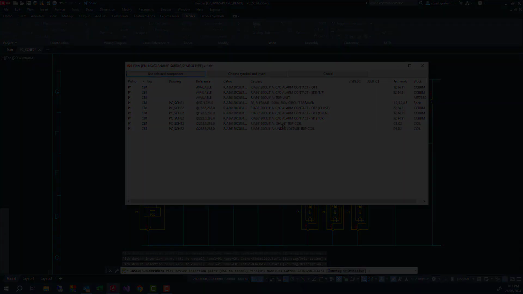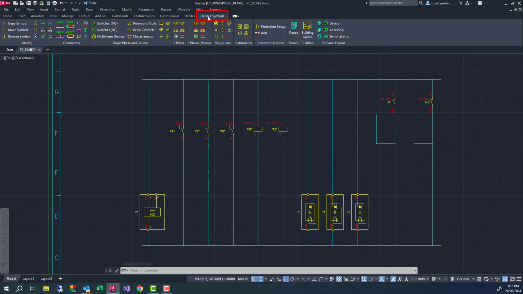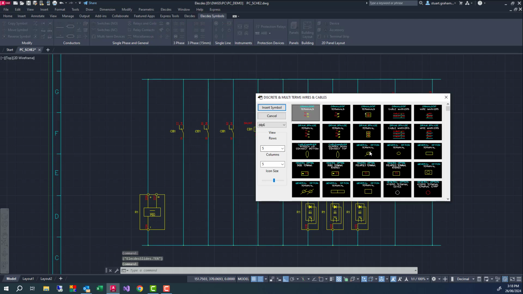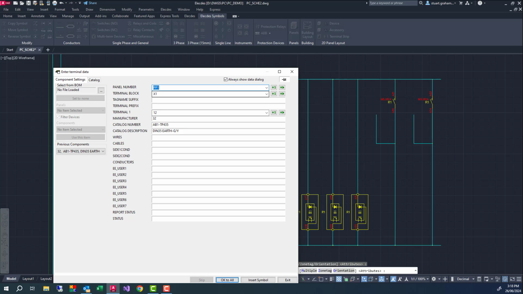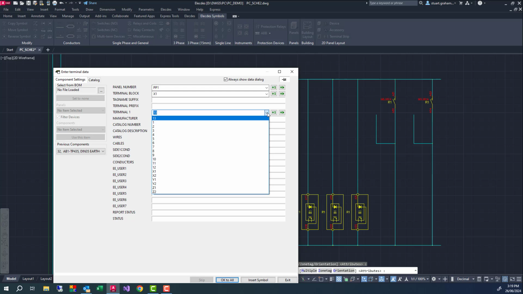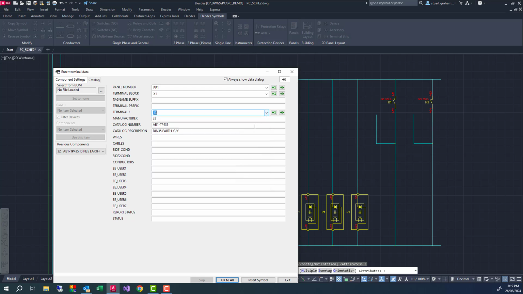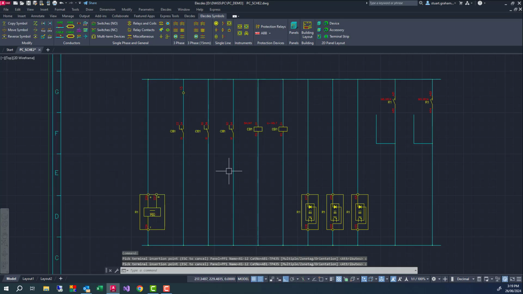I'll now run a cable from the panel wiring to the breaker. Firstly, I will place a terminal on the circuit. I can choose the terminal style from a palette menu and then position the terminal on my ladder. I'll supply a tag name for the terminal strip and supply a terminal number. Electez uses this data to identify the terminal and to group together the terminal strip. Electez provides the next terminal number available and a list of terminals you have used in the project.